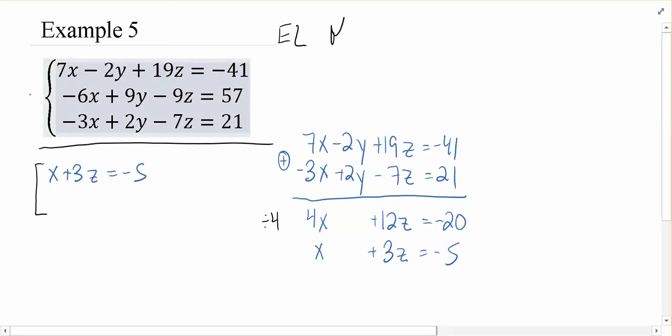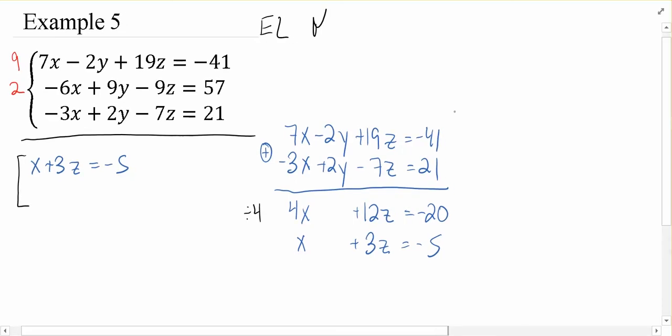To do that, I'm going to multiply the second equation by 2. In order to eliminate that 18, I'm going to multiply this first equation by 9, because I noticed that the y's are already opposite signs. I could have multiplied the third equation by -9, but I'd prefer to not have to multiply by a negative. I'm less likely to make sign mistakes that way. So, as I distribute the 9 across the first equation, that's going to give me